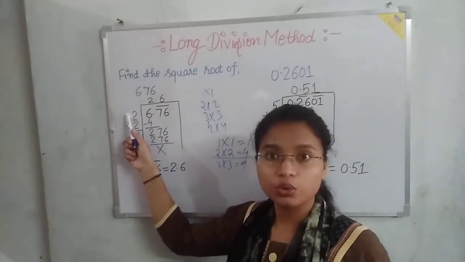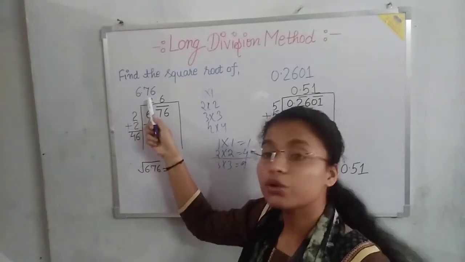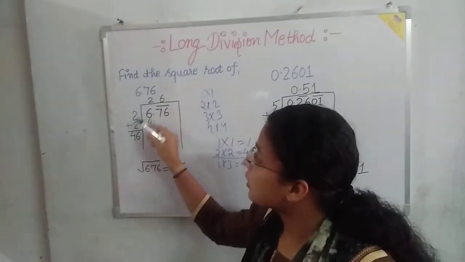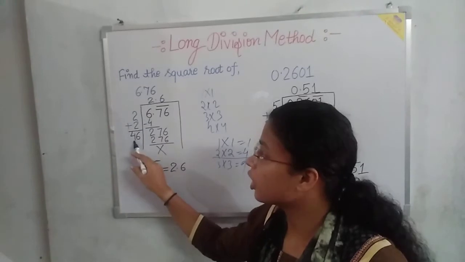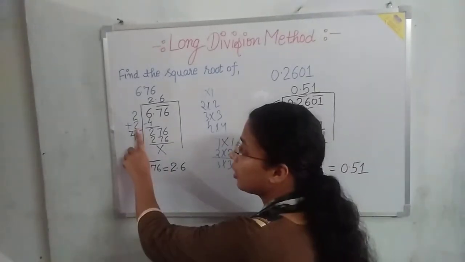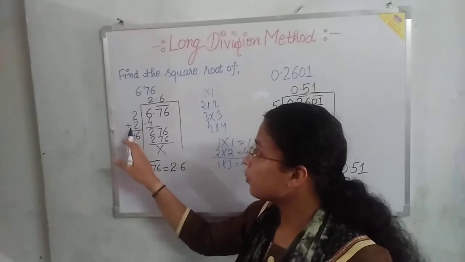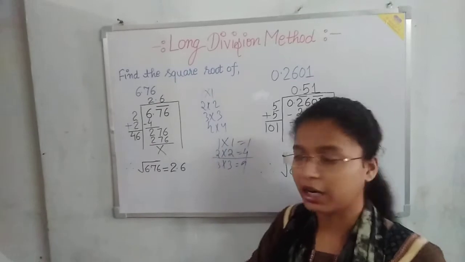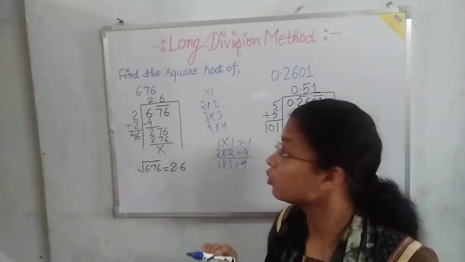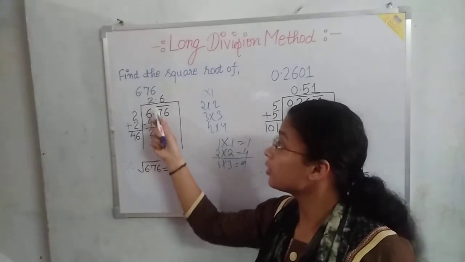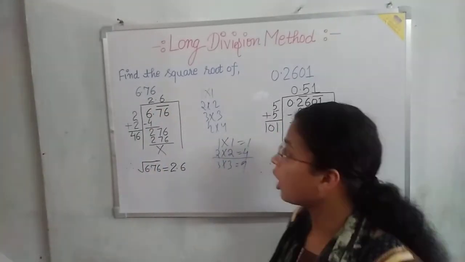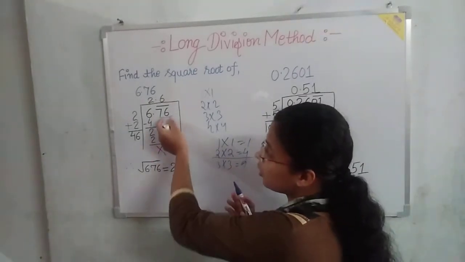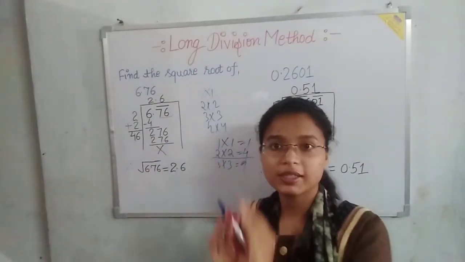So write here 2, again a 2, because 2 into 2 multiplied is giving you 4, and write here 4. Now again add this number here, 2 plus 2, this will give you 4 only. Forget about the 6 here. Now here it is a 4. In the normal division you subtract them. When you subtract, you will get a 2. Okay, after the 6, one decimal is there, so write a decimal. Now this 76 is one pair, so you write this 76 together downside. Don't write only 7 or only 6.